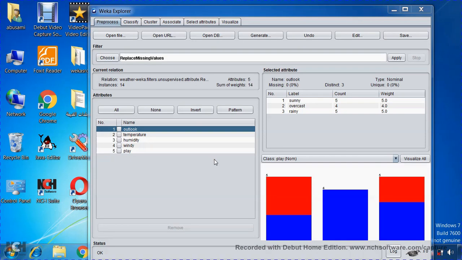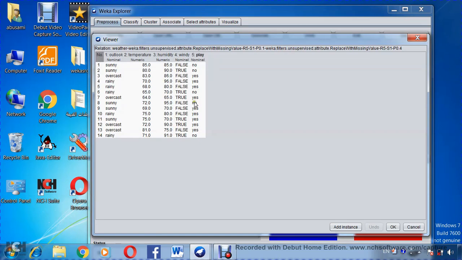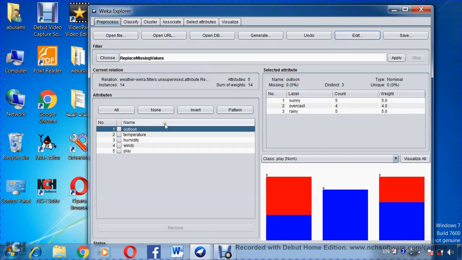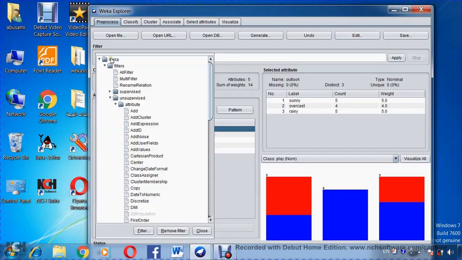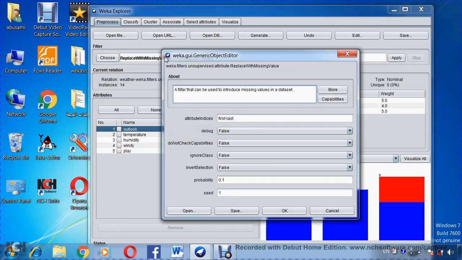And the third step in handling missing data is ignoring the tuple or the instance, usually done when the class label is missing, and here the class label has no missing values. So we will put missing values in the class label. We will use replace with missing value and change the settings to write here attribute indices 5, which is the index of the